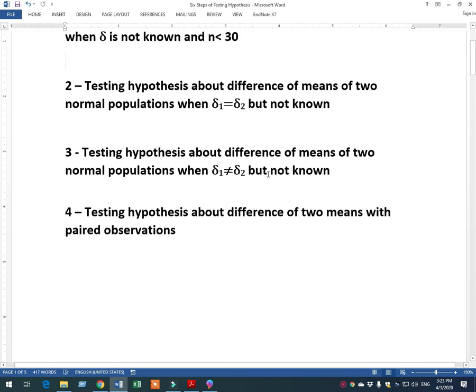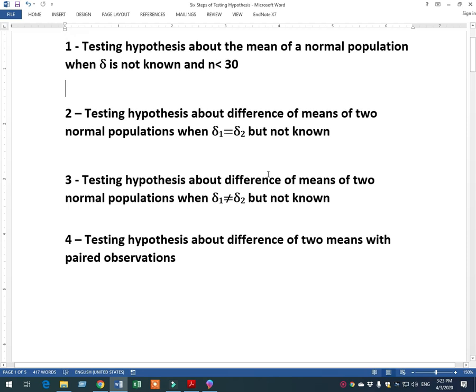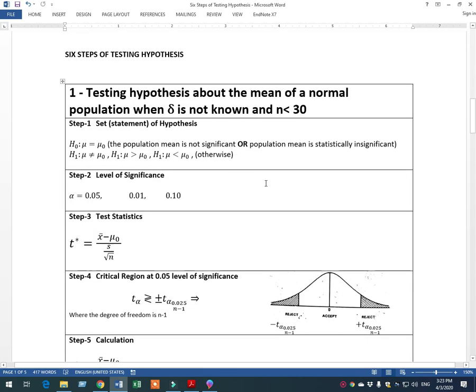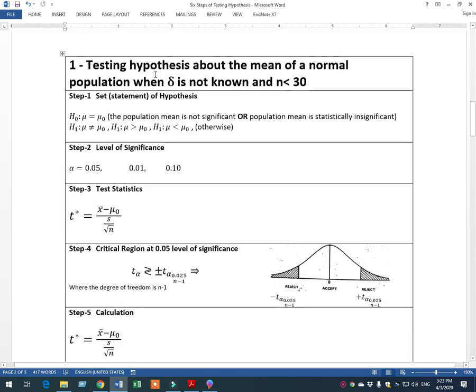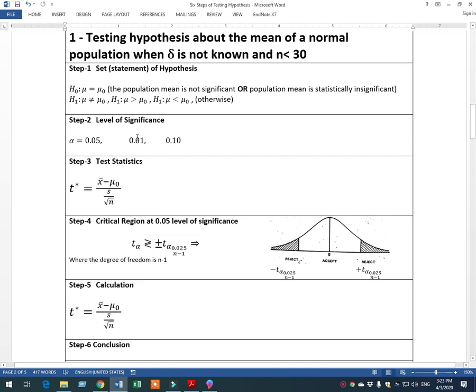Guys, you know about the process of hypothesis. The six-step hypothesis process I have explained in the classroom, and we know that we have six steps. In the first step, we establish the statement of hypothesis, and normally, if there is a testing of one mean of the normal population of unknown sigma and n less than 30,